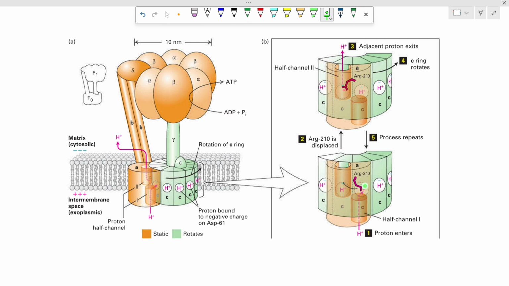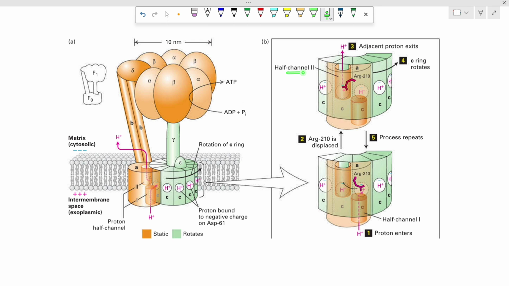This amino acid neutralizes the negative charge present in the C subunit close to half channel 1,